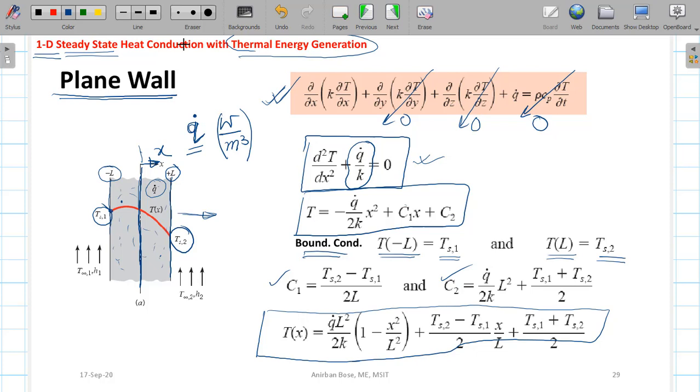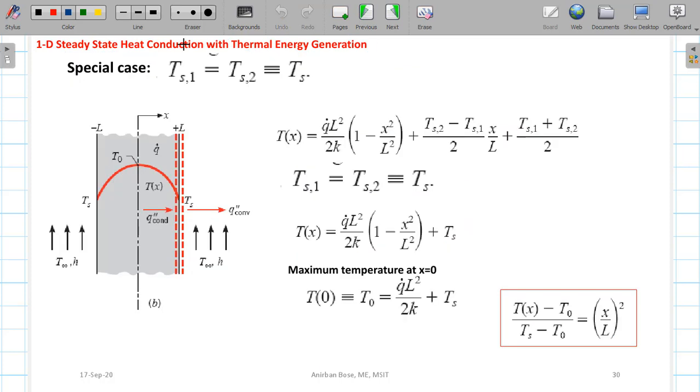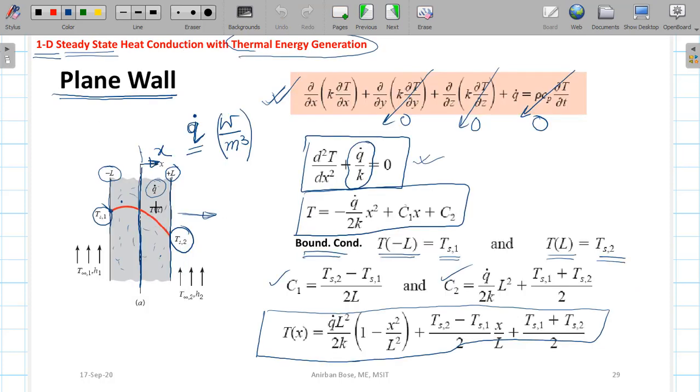Okay. So here you can see the temperature field in case of plane wall. Previously, when we had considered there was no thermal energy generation term, it was a straight line. If you remember, in case of a plane wall, the temperature distribution was a straight line. But now you can see with heat generation, it is no longer a straight line, rather this is like this, and it is given by this formula. Okay, it's a parabolic distribution that you can see.